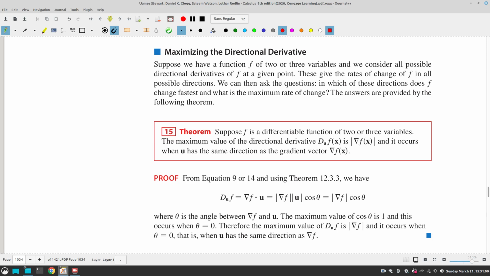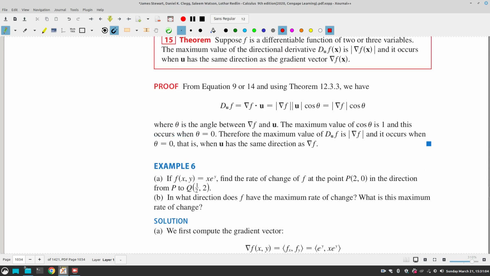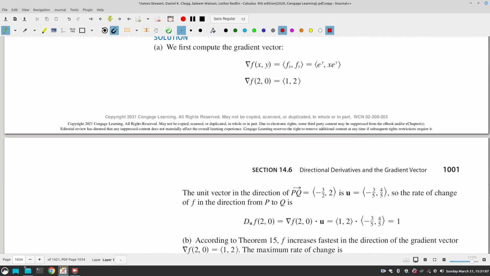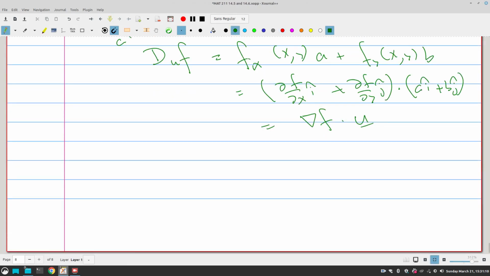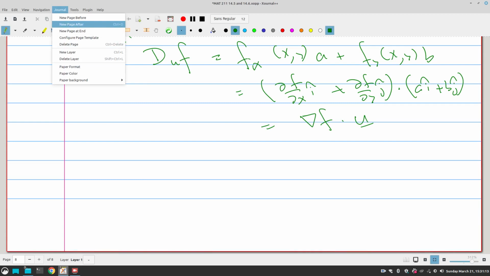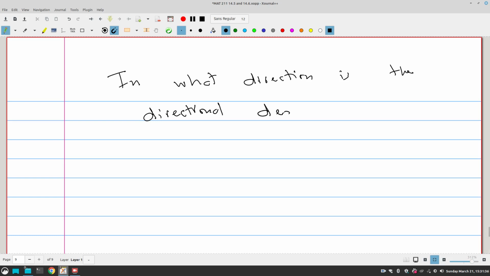In what direction is the directional derivative maximum? So if you're in 2 or 3 dimensions, then